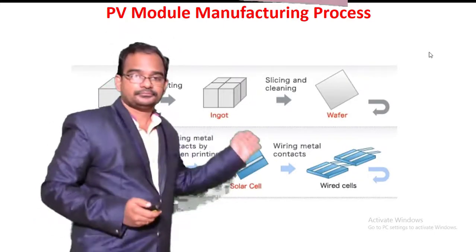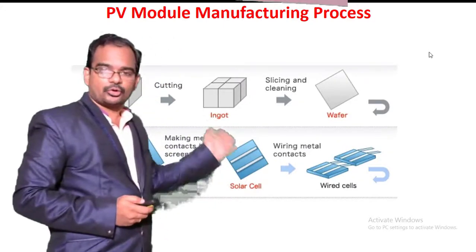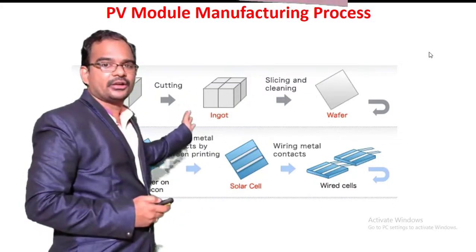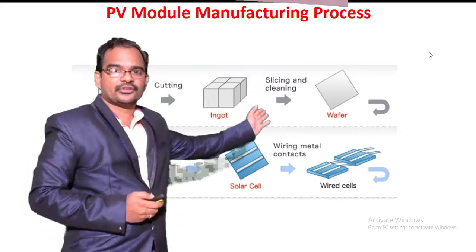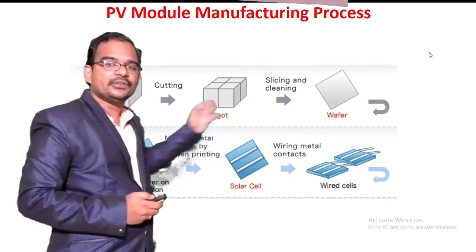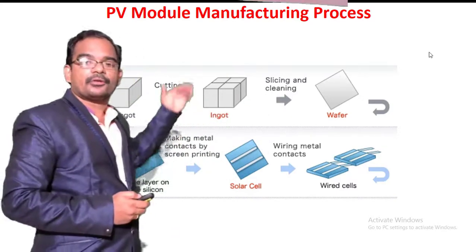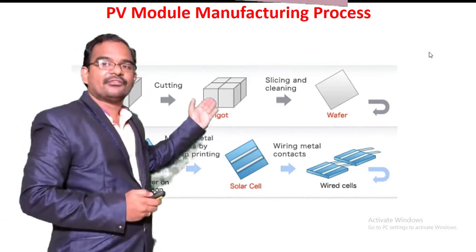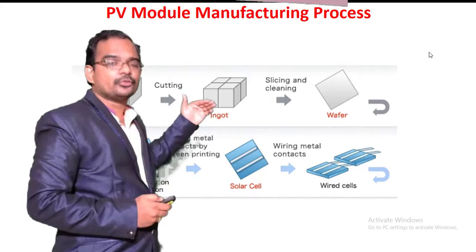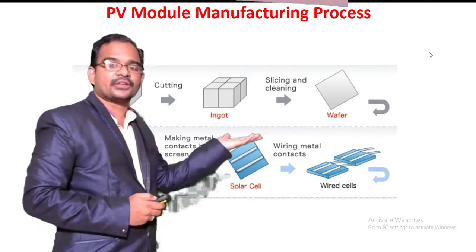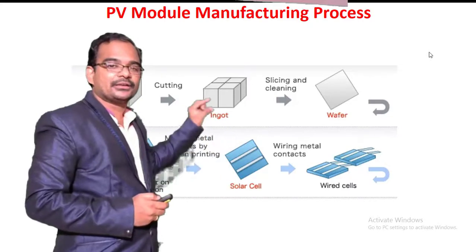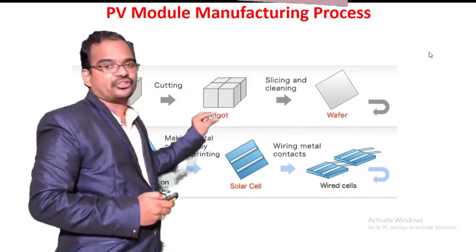You can see here. Let's see the concept of PV module fabrication one by one. You will take a large ingot and cut it into small ingots, and then you will slice these ingots into wafers, and then you will diffuse phosphorus on top of this wafer. This wafer is a p-type layer, and when you diffuse phosphorus, which is a fifth group element, on top of this solar cell, it will form an n-type material. So with n and p-type material you will get a p-n junction here.